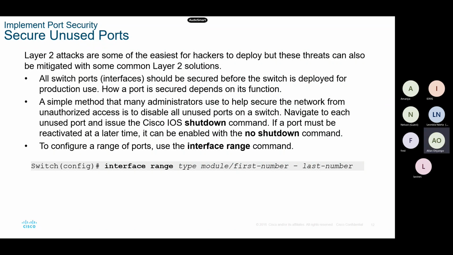And sometimes most network administrators just prefer to shut down the ports. That could work for you. But remember, sometimes, like in a school or a lab situation, you want to leave some ports for people who might want to use those ports, okay? Or they might want to change from one port to the other, or the ports have been enabled for different VLANs. And so shutting down the port might not be the best solution